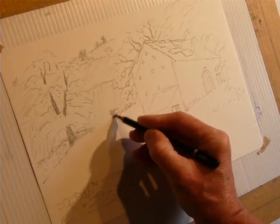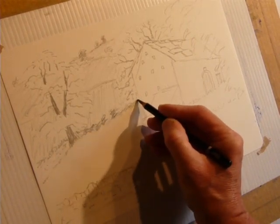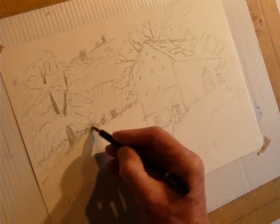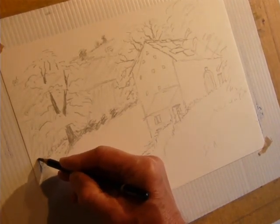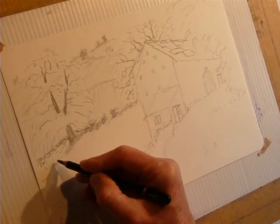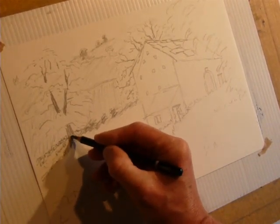Okay, now this is a bit of hedging there. Just from memory, I can remember this. Always a good thing to produce drawings. It's surprising what you can remember, and then it comes to a stone wall. Now that's a stone wall there. It's got those lovely stones on the top, and then it falls away to the left. I'm going to sit that